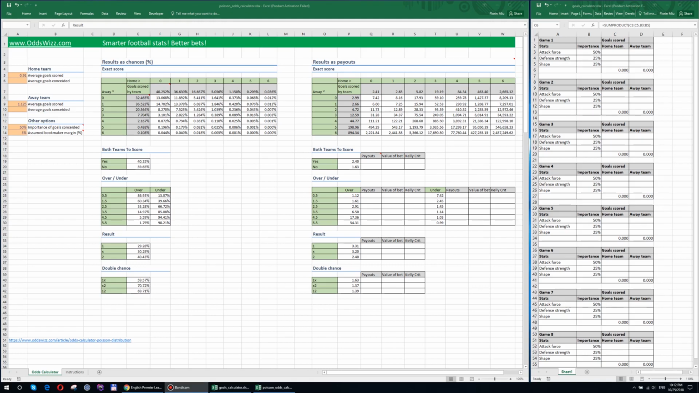Before we start looking at the stats and making predictions for the matches that we selected, I want to show you two files that I use to make my own predictions and determine the value bets. On the left side of the screen there is an odds calculator file that is using the Poisson distribution. This file is offered for free on the oddswizz.com website. There is a link in the description pointing to a video that explains how to use it and what's the